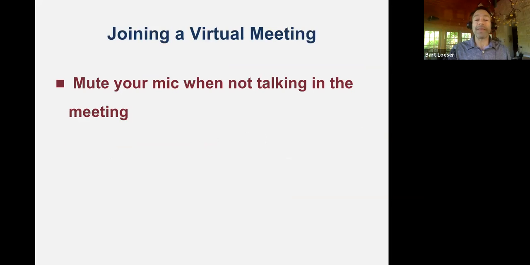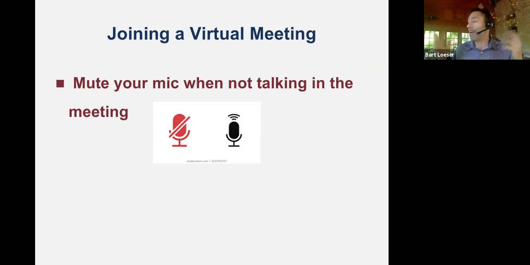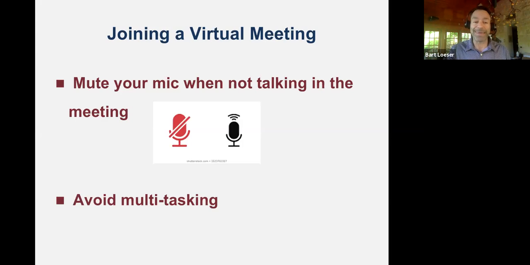Now, when you're in these meetings, you also should make sure that if you're not going to be talking at this time, mute your mic. It serves a couple purposes. One of the reasons why you mute your mic is that if there's any background noises, if you've got a pet in the area, like I have a cat that sometimes starts meowing, or a dog could start barking. You could also have situations such as an emergency vehicle coming by your area, and people can hear all of that. Plus, if you're typing any notes on your computer, people can hear that. So make sure your microphone is muted during those times when you're not speaking.